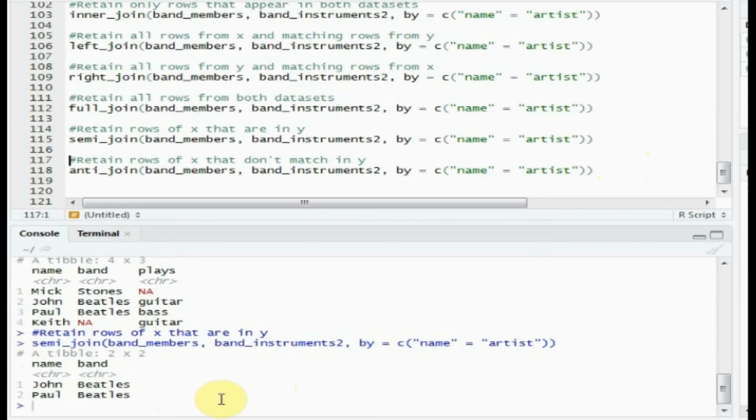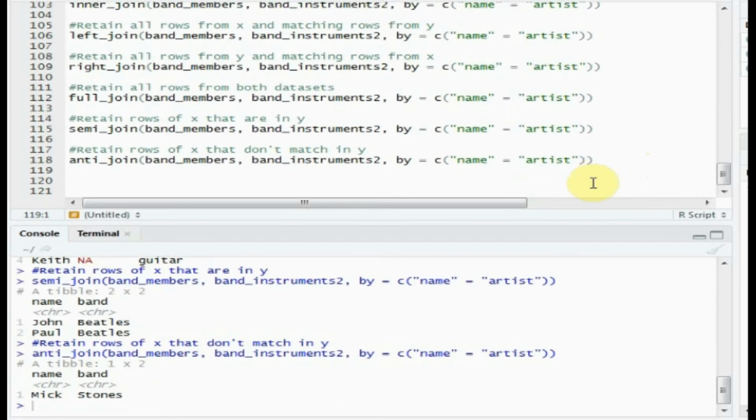It returns the rows of X that match in Y, but it does not return the columns from Y. The anti join will return all the rows of X that do not match in Y. All the common rows it won't populate.